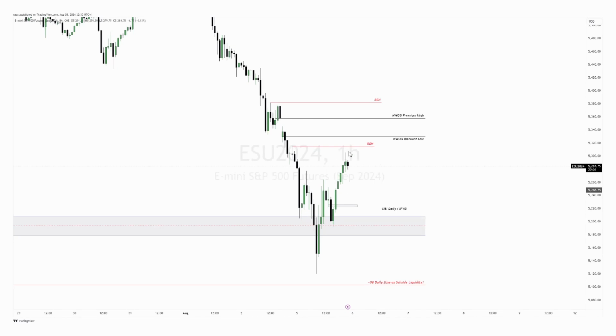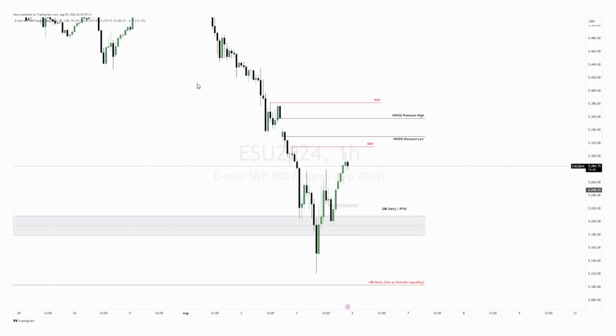Okay, so we have relative equal highs here, the new week opening gap, and the relative equal highs up here. Those are the levels that I'm looking at into Thursday. And I want to reiterate again, I want to see us kind of work this range and then see a little consolidation and then start expanding lower, taking out all this sell side that is going to generate while we move up here.